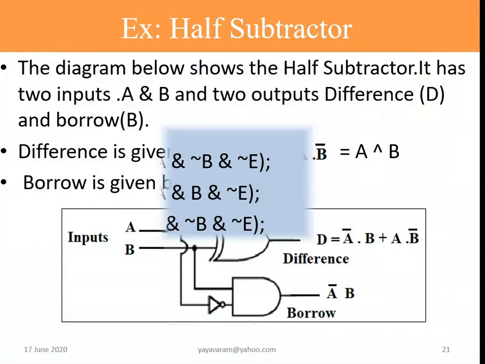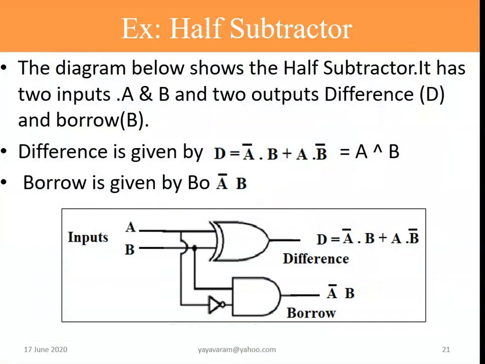Similarly, we'll have another example called half subtractor. Similar to half adder, I have a half subtractor. So what is the output of half subtractor? It has 2 input bits, and outputs one is difference, the other is borrow. Same, A complement dot B plus A dot B complement. The concept is the same, except with a small change.